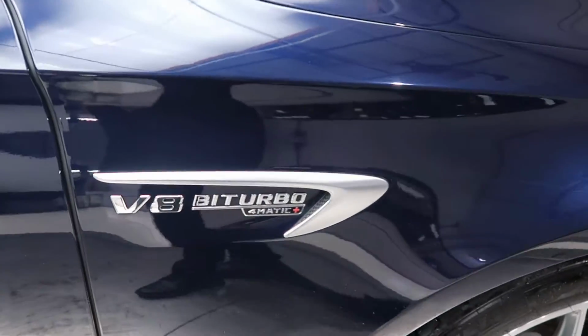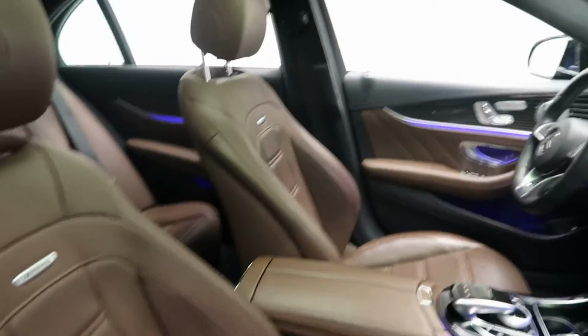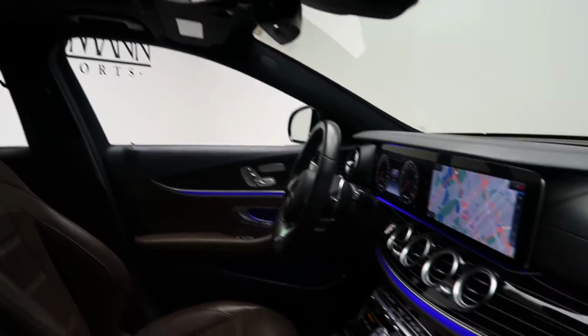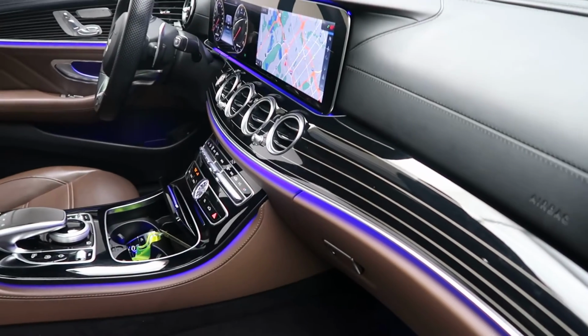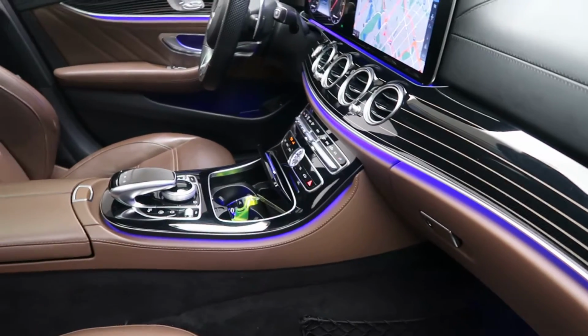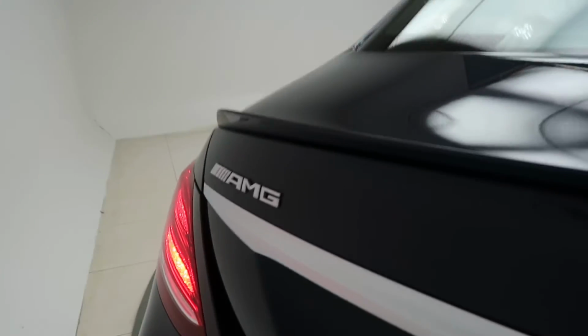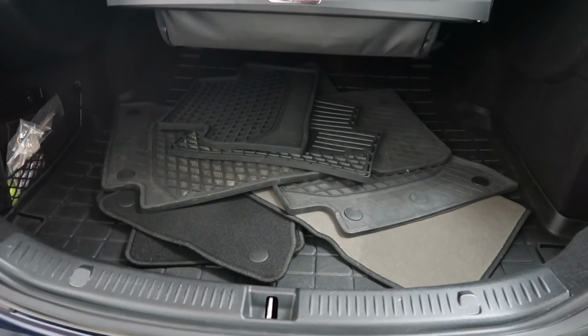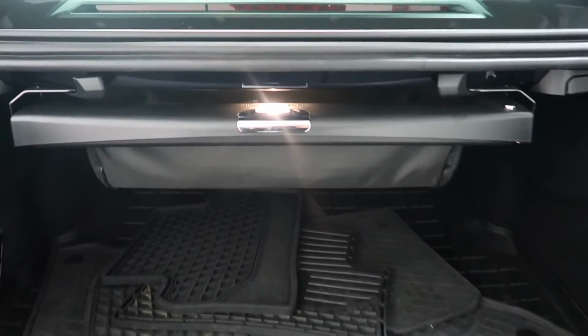V8 bi-turbo 4MATIC Plus badging on the fender, a nut brown Napa leather interior, the AMG Dynamica headliner, a Designo black piano lacquer with flowing line trims, ambient lighting, rear spoiler, AMG E63S badging, clean set of all season and regular formats, comfort box for extra storage,